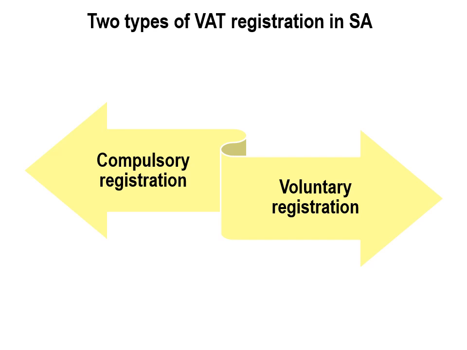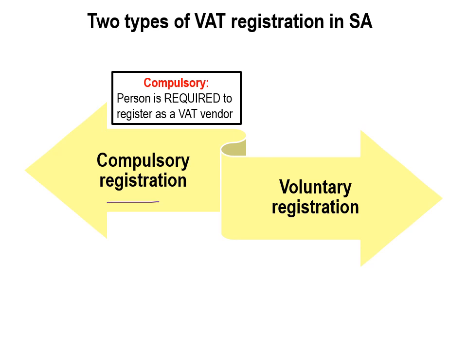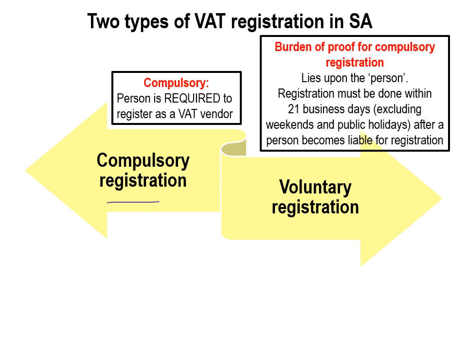In South Africa, we have two types of VAT registration. We've got compulsory registration, and this means that the person is required to register as a VAT vendor. So they don't have a choice. If they meet certain requirements, they have to register as a VAT vendor. The burden of proof for compulsory VAT registration lies upon the person. And this registration must be done within 21 business days, which excludes weekends and public holidays, after the person becomes